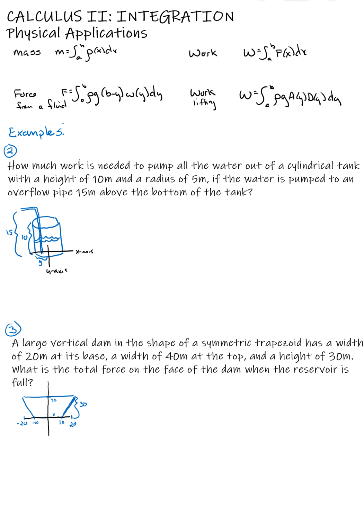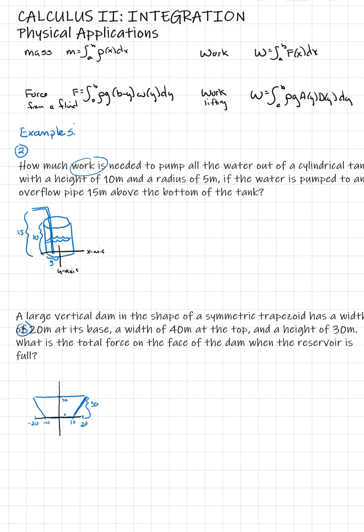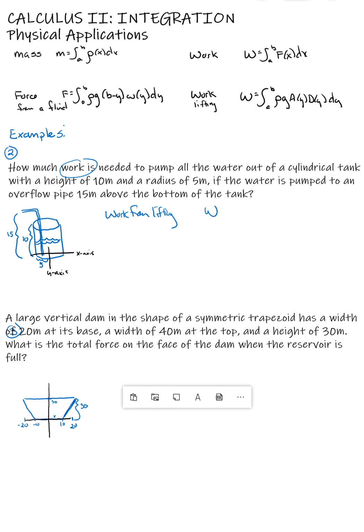We are looking at work, and this is actually work that's being lifted. So we're going to use work from lifting. So that's the equation: W is the integral from a to b of rho times g times A of y times D of y, dy. All right, so remember rho is our density,